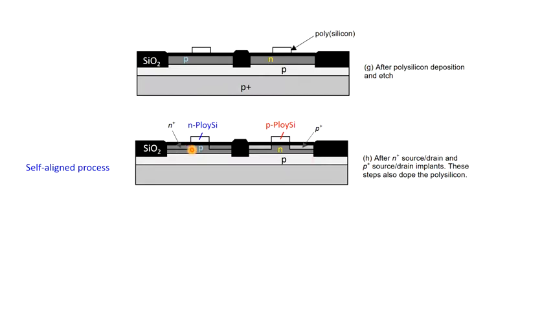What about this n channel? That is similar, right. A similar process we need to apply here. So we need to implant group 5 material here, with a heavy dose, because this doping has to be quite high. This is n plus. So here one n plus region will form, here also one n plus region will form, and similarly the polysilicon will now get doped to n type, right. So that's how we can form both the n channel MOSFET and the p channel MOSFET.